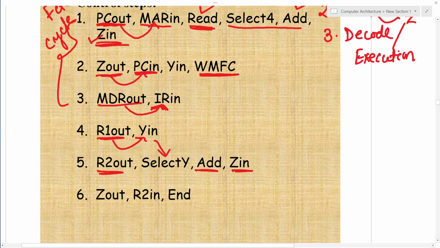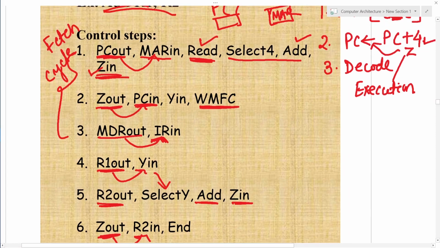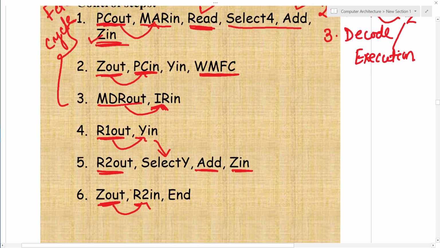Now register Z, which already has the addition of R2 with R1, will be delivered to the register R2, which is my destination register, by the help of the system bus, and this execution will be completed.